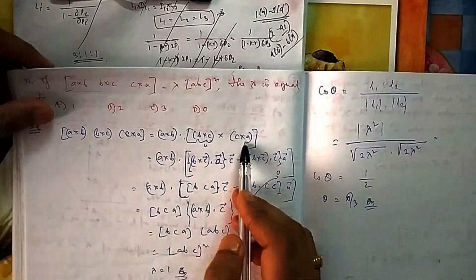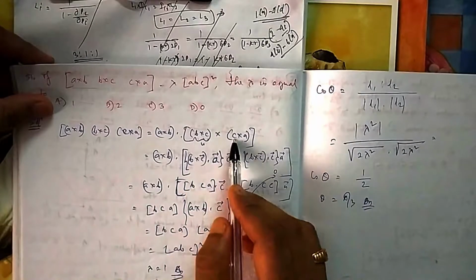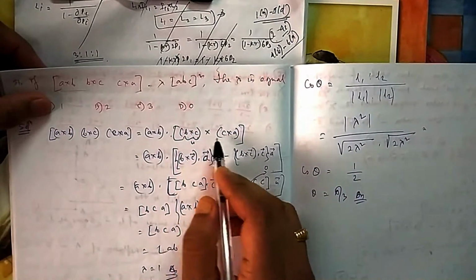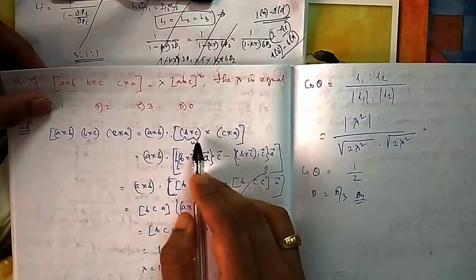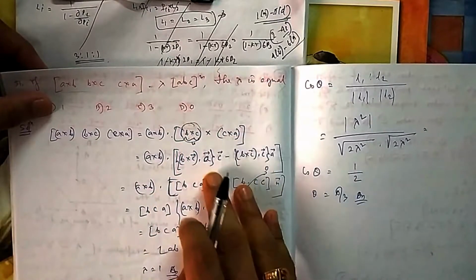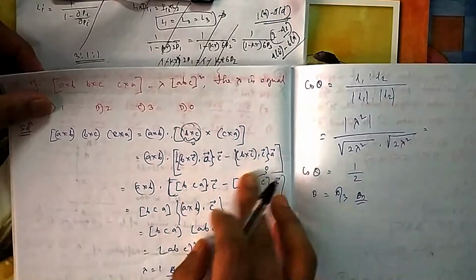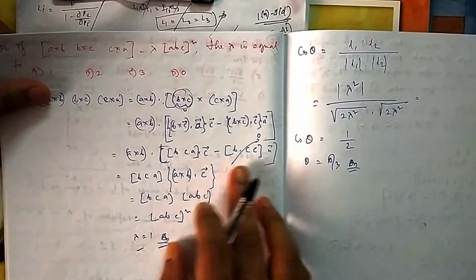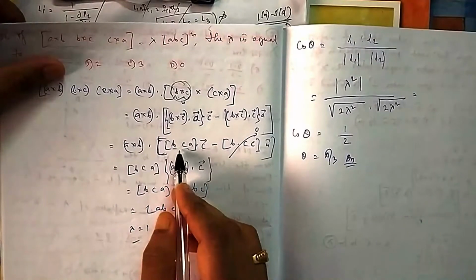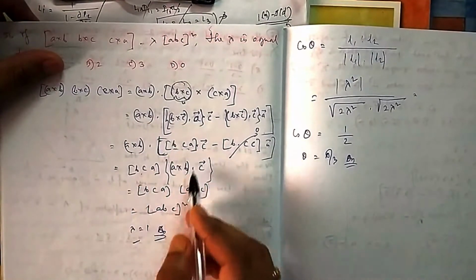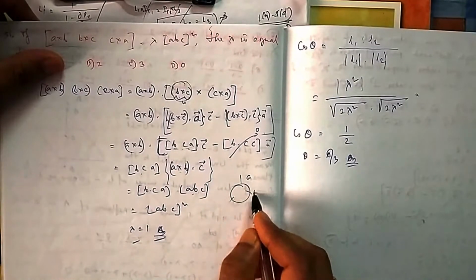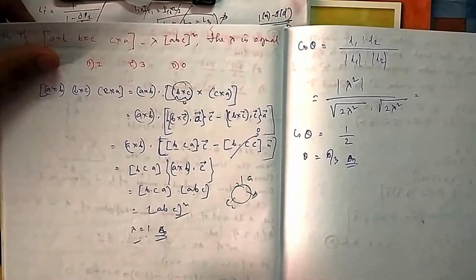The proof is equal to this dot this cross this. So you can write this cross this as a vector, and this cross this. So this is one vector and these are 2 vectors. So this dot A, then C, and this dot C, then this one. So what is this? This is BCAC, then BC, this is 0. What is BCAC? You can take BCAC common because it is a scalar. So it is A cross B dot C, that is ABC. So BCA and ABC, you know they are the same. So it is ABC whole square, that's why lambda is 1.